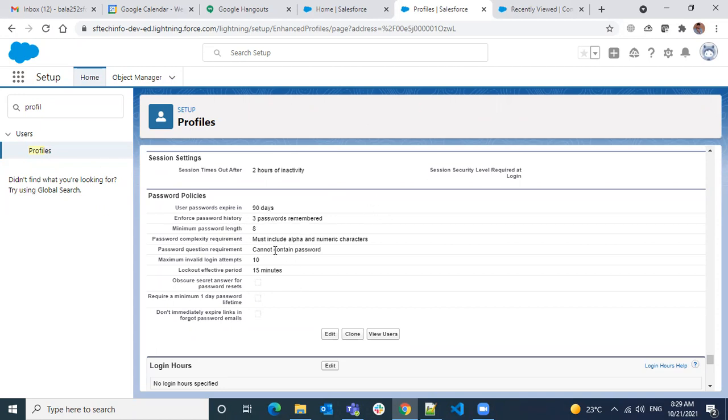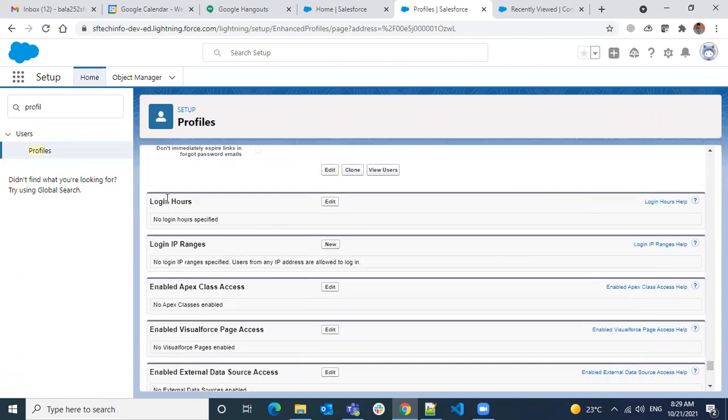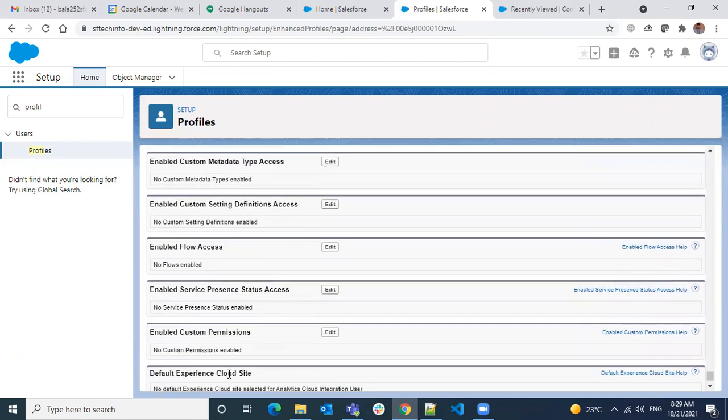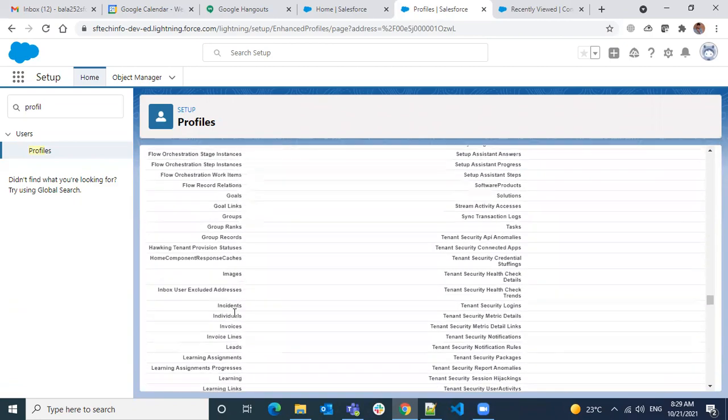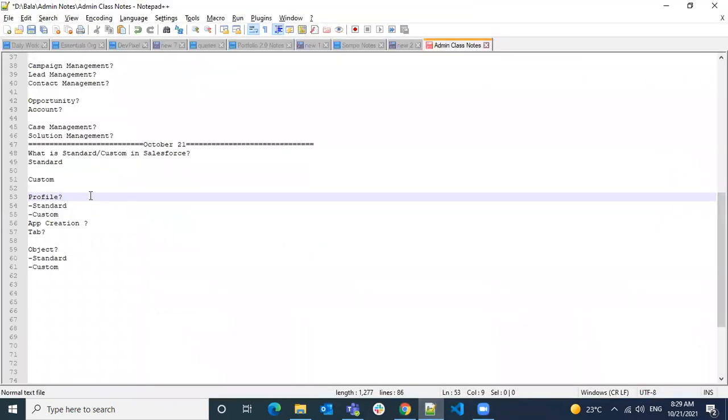That way, when you have hands-on experience doing it, you will gain more confidence. These are all self-explanatory: how complex we make it, how often we want to remember, and everything related to passwords we can control here. I think these are what we already covered, and some of them we'll cover later. This is what the profile standard layout gives you. Next we'll cover the enhanced profile view, which we're going to cover tomorrow.